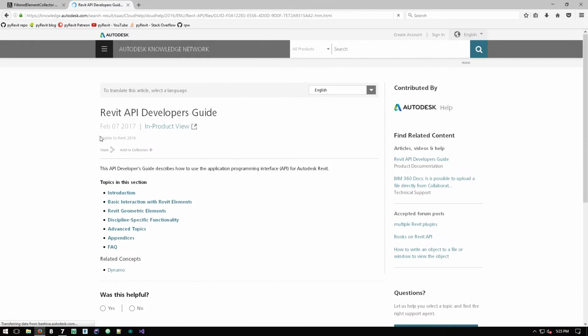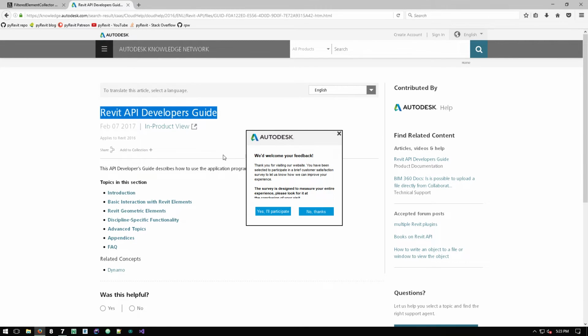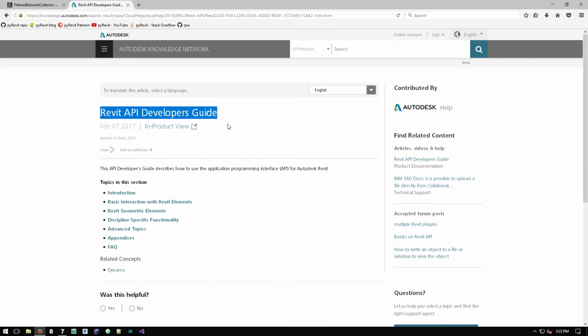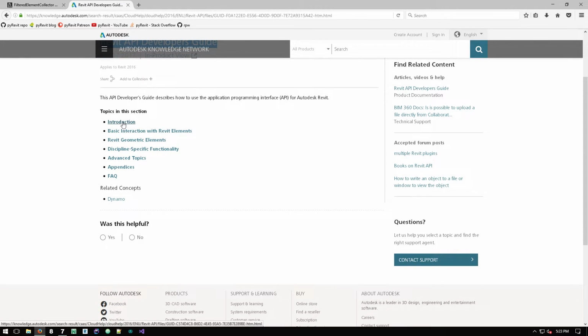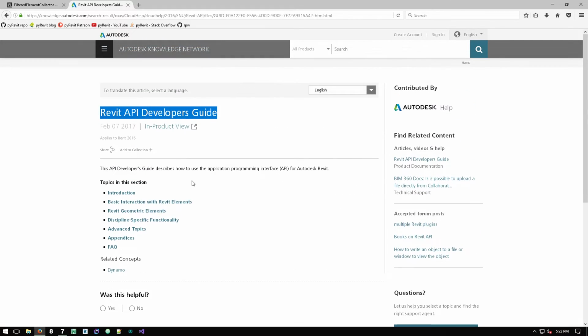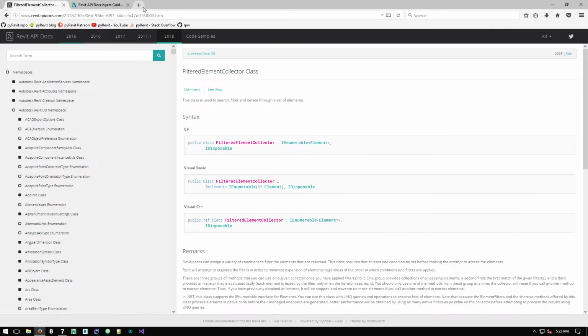Yeah, so there's this developer's guide documentation that Autodesk provides in the Revit Help. It's a chapter inside Revit Help that talks about how to develop applications. There's an introduction, then basic interaction with Revit elements and Revit geometric elements, and it goes into a little bit of detail about how things are done inside Revit. It provides very basic examples. All the examples referenced in this developer guide are provided inside the